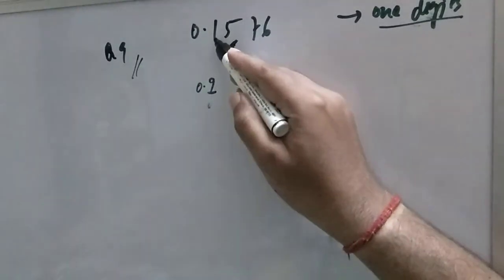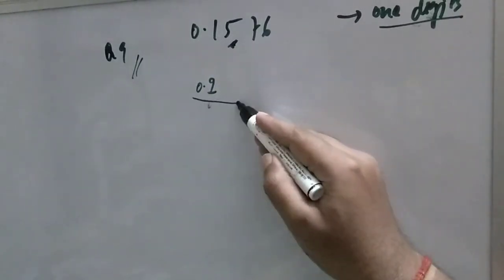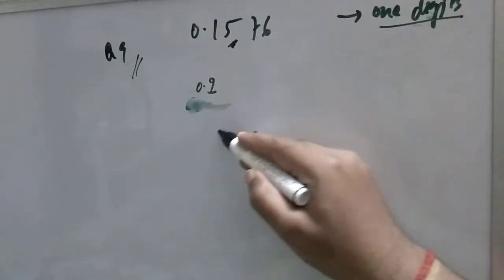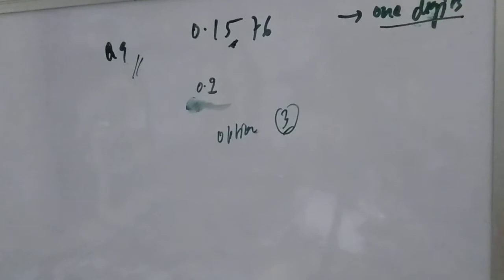So this is 5, so that number is increased by 1. So 0.02 will be our option. Okay, so let us see which is the option number. If you want to see, option number 3 is correct, student. You can check on the board laptop also.